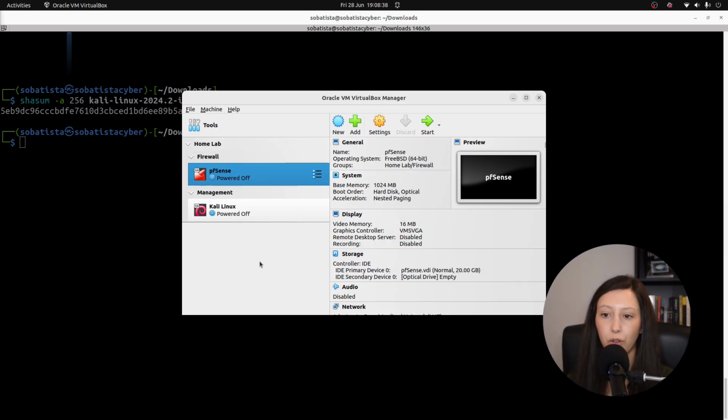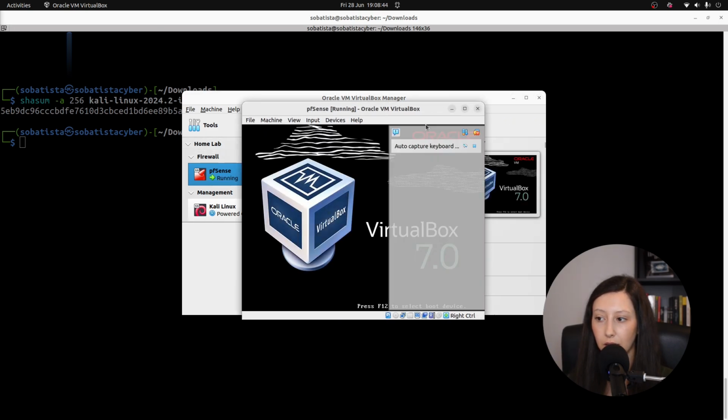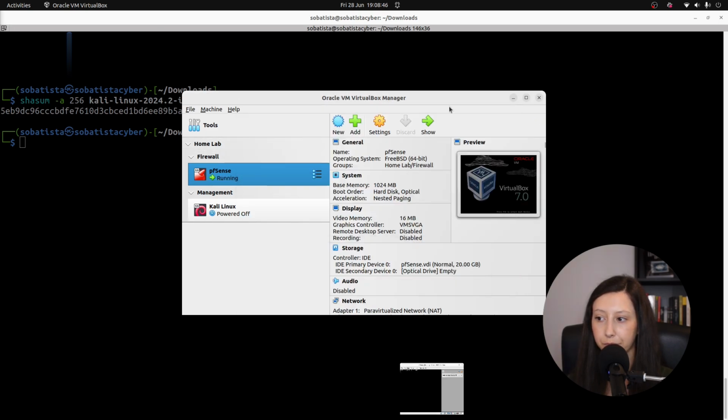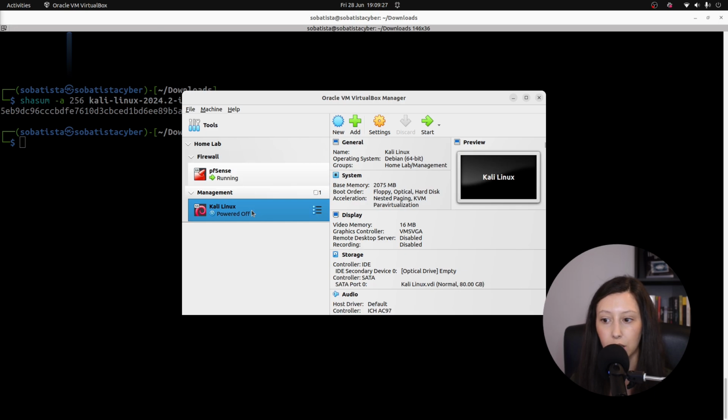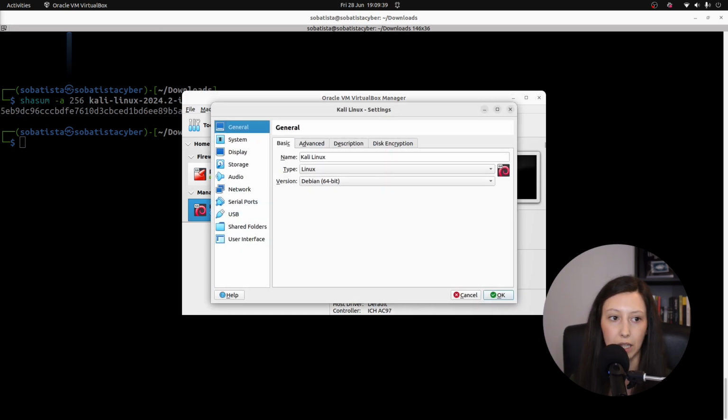Okay, now before we can proceed we need to power on our pfSense. So we click start here. And let me just tell you that we need to have our pfSense powered on before installing Kali Linux, because it can provide necessary network services. So it's running. Now we click on Kali Linux, we go to settings, and we will make some configurations on